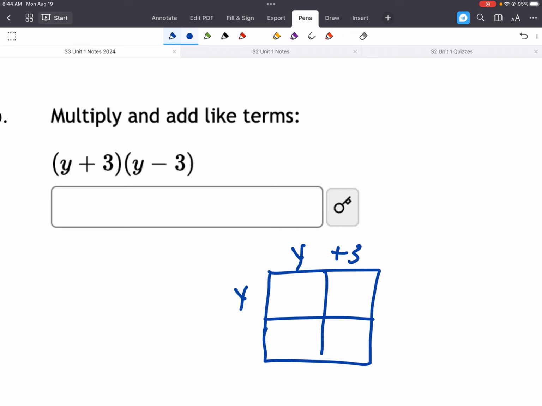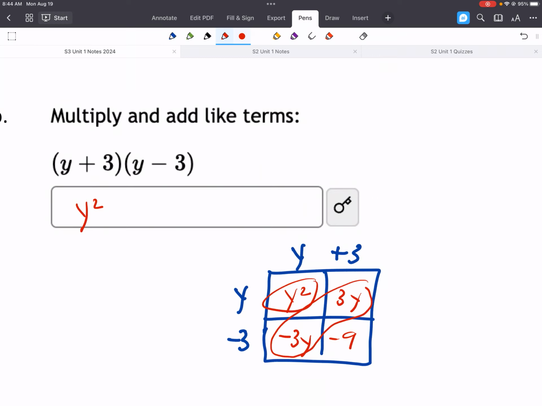So y plus 3 and y minus 3. So if we multiply that in, we'll get y squared, 3y, minus 3y, and negative 9. Okay, so we'll have our y squared term. Next we have our y's. So here we do have opposite signs. So we have 3 subtract 3 would give you 0y. If it's 0y, we don't write it, okay, because there's no y terms. There's 0 of them, right? And then we have our constant, so minus 9. And just push enter and you got it,